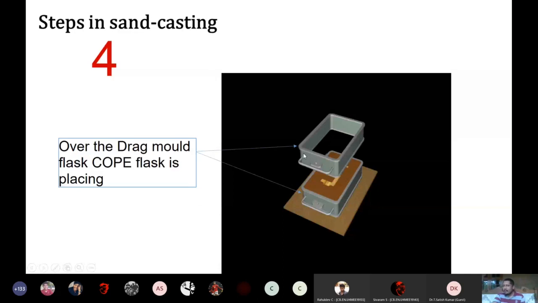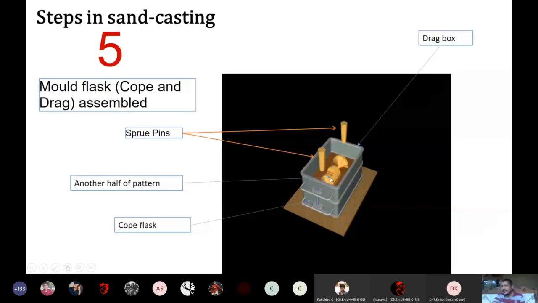The next box, the cope box, I am placing it on the drag box, and I will join these two by using nut and bolt assemblies. You can see the next half of the pattern is also kept on the cope box. Already the sand filled area you can see over here. These are my sprue pins. Normally one is used as the down sprue and the next one as the riser. The tapered one having larger dimension we will use as a down sprue. The straight cylindrical one you will use as the riser.